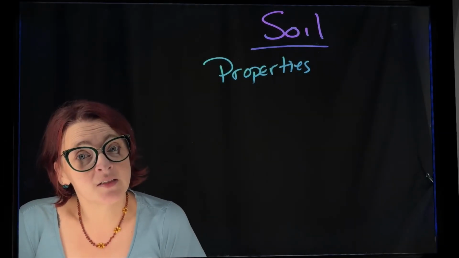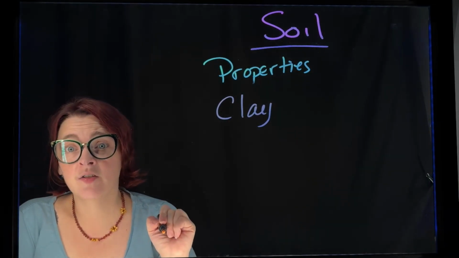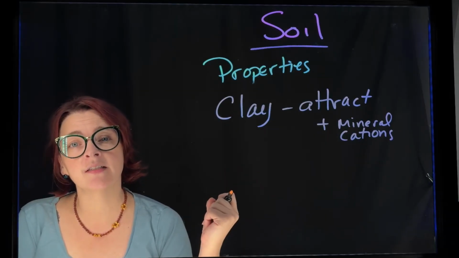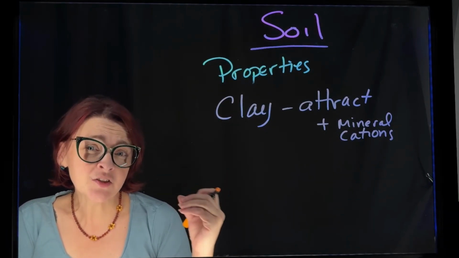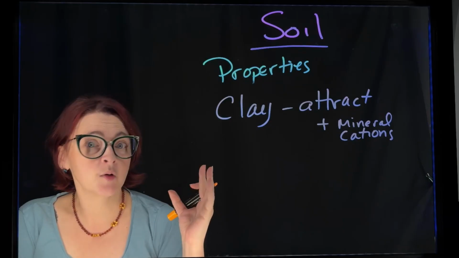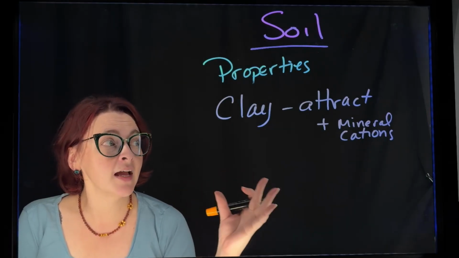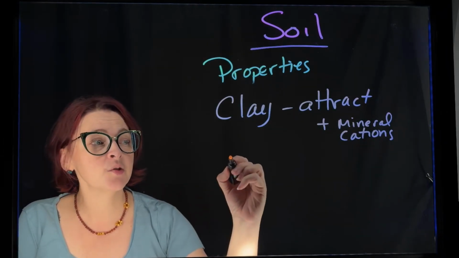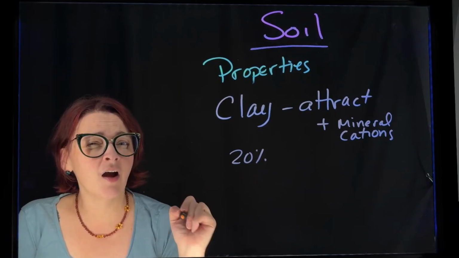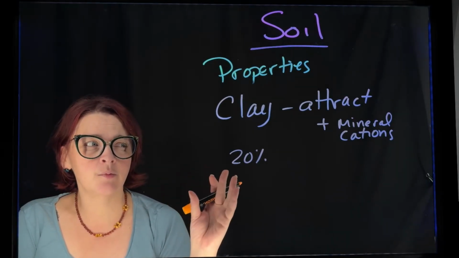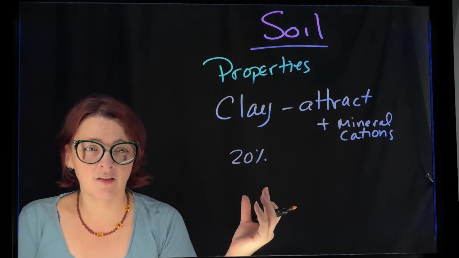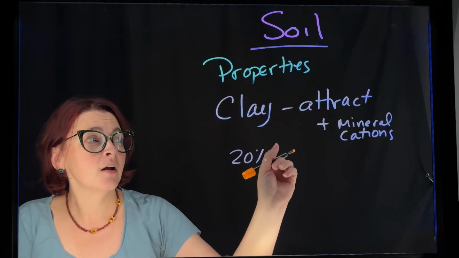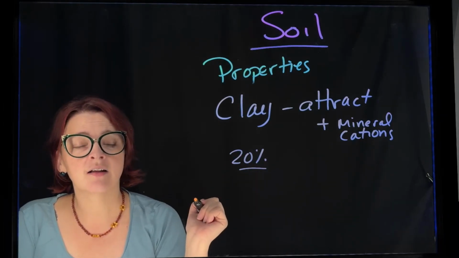Then our chemical properties of soil. Clay has a negative charge and attracts positive minerals. And because it can attract the positive minerals, it can kind of hold on to some of those minerals. So it could be potentially good for growing plants because the clay is holding on to those minerals that would be necessary for plant growth. Now, if we have more than 20% clay, we are going to have a hard time with water drainage, and then the plants will become waterlogged and won't be able to grow. So clay is good for holding onto those minerals, but we can't have too much clay because it won't let water